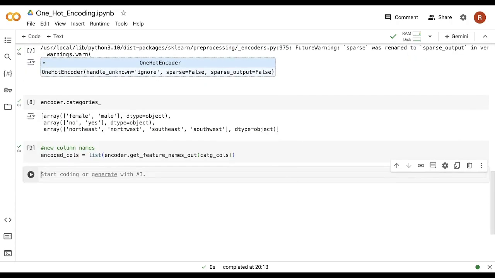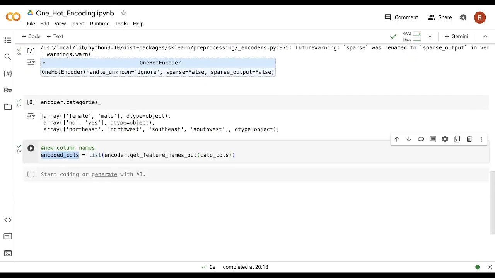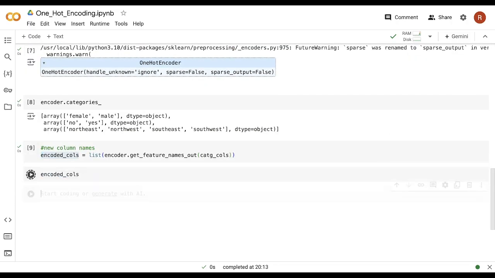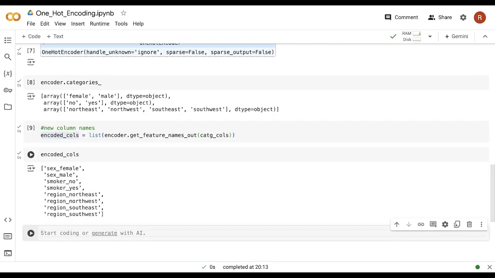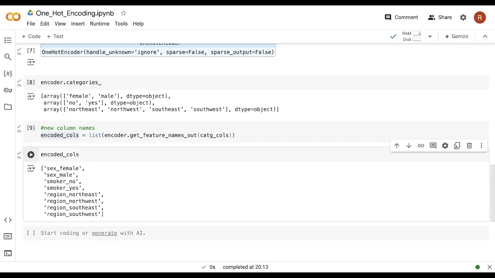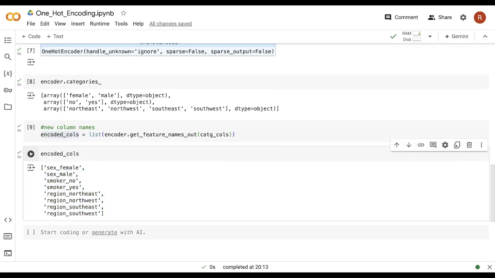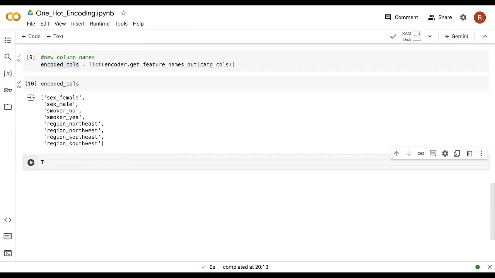and let me display this variable to you, basically the list actually, and let's run that. So as you can see, now it has generated new column names, and you can find the pattern here. First it has the original column name, then underscore, and then the unique category it belongs to. Fine. So this is the pattern of new column names, and now we are generating these new columns with these particular new column names. So let's say here, now we will start with transforming the data.